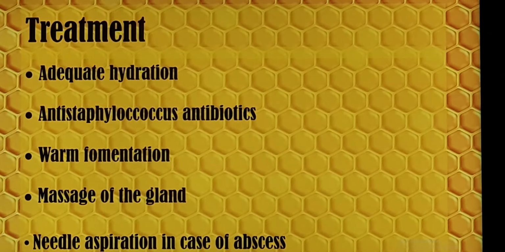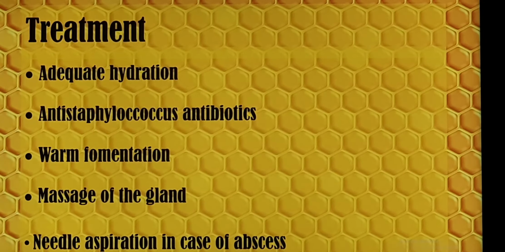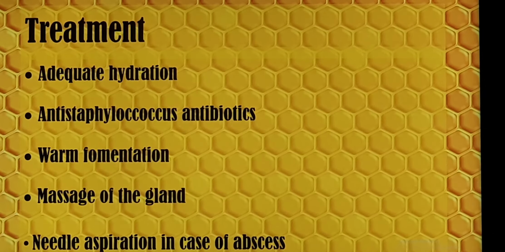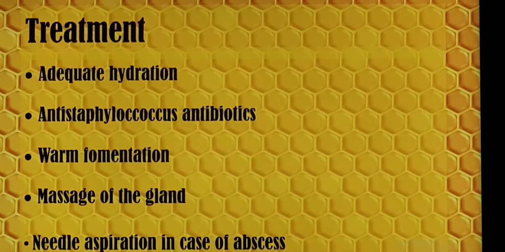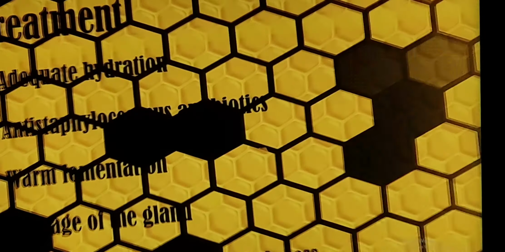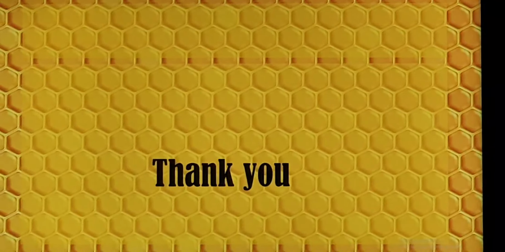This will take care of the infection in most of the cases, say 90 or 95%. If there is no improvement, or the ultrasound shows abscess collection, then we put a needle inside that parotid gland and remove all the pus, and that will take care of the abscess, and we will continue the antibiotic till the child becomes normal. So that is how we manage a case of acute parotitis in neonates. Thank you so much.